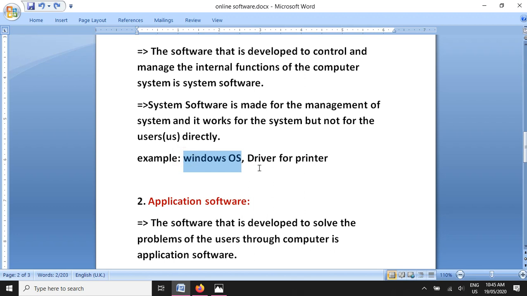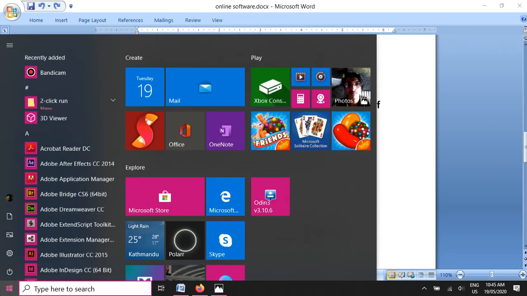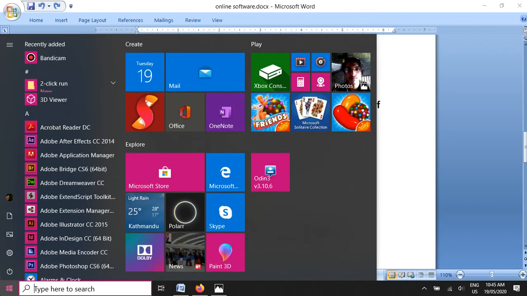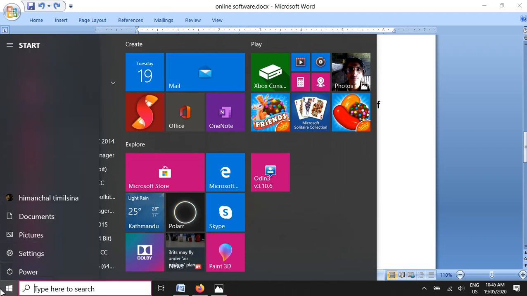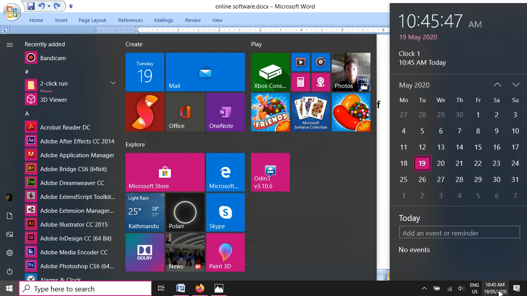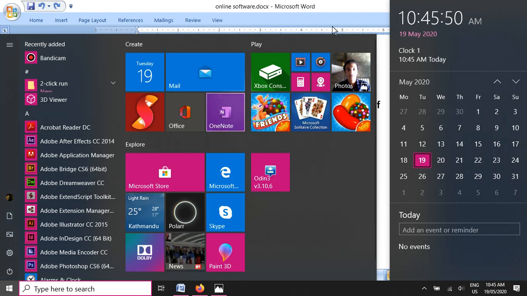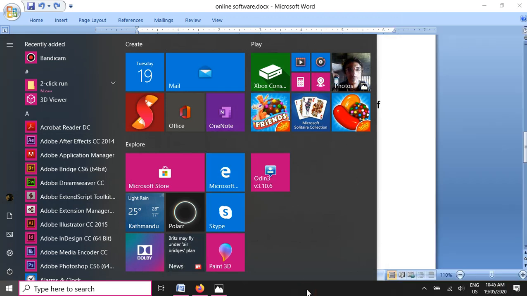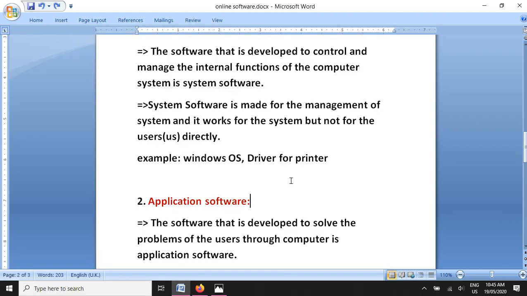All right, the system is there, and you can see this interface. This is the program window. This is managed by the operating system. There you can see the start button, and that is also managed by the operating system. You can see different buttons there. You can see the programs listed, and these all are managed in that way. The interface is also managed, and the time is running there. You can click on it and adjust the time and date. So all these things are system components, and they are managed by the operating system. Okay, so they do not directly solve our problem, but they make the computer ready for us.